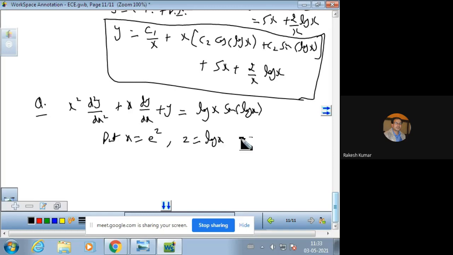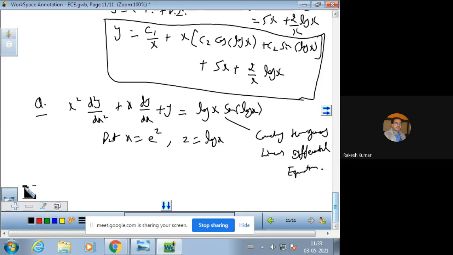और वो पूरे का पूरा प्रोसीजर जो हमने डिस्कस करा आर्टिकल में वो सारे का सारा कर देना है. Why so? Because it is a Cauchy homogeneous linear differential equation. क्योंकि ये Cauchy homogeneous linear differential equation है. That is why we need to apply the method and substitute. You know that the second order derivative term means D into D minus 1. Y can be taken common. So plus D plus 1 into y is equal to log x.